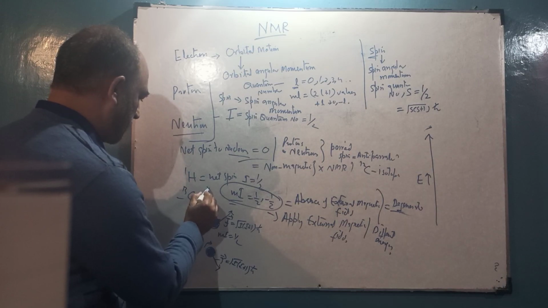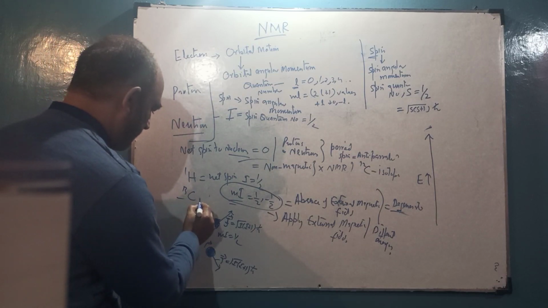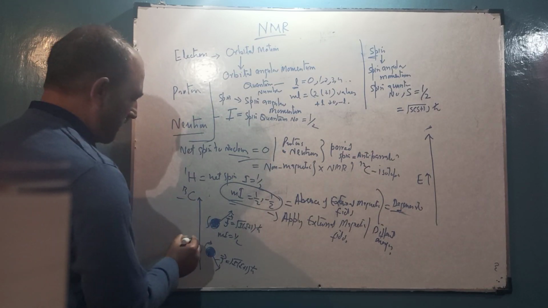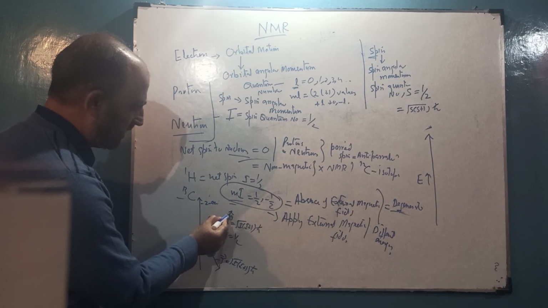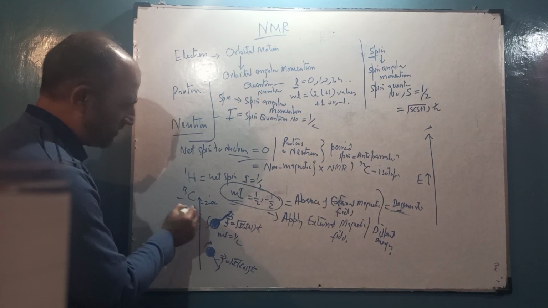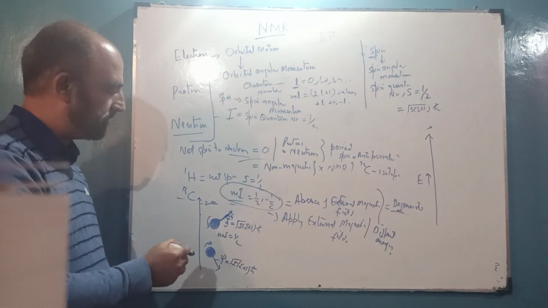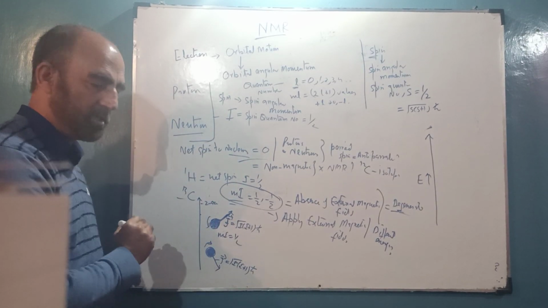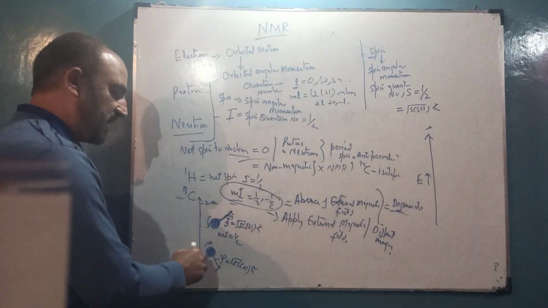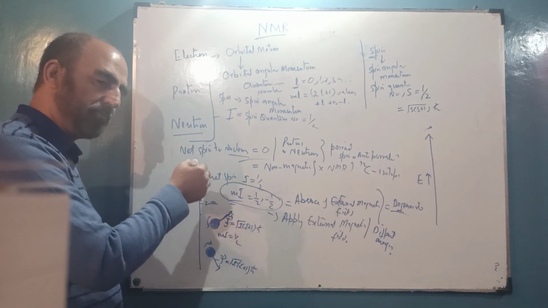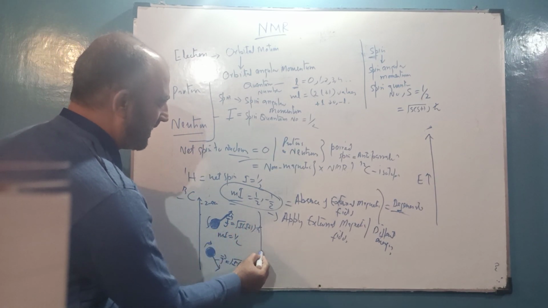But if we have a chosen reference axis, this is the Z axis. Now see, these are two vectors. This vector is oriented with reference to this axis in a way that it has some component along the z-axis. Whereas this angular momentum vector has a component oriented in the opposite direction to this reference axis. And in the absence of a magnetic field, they are degenerate.